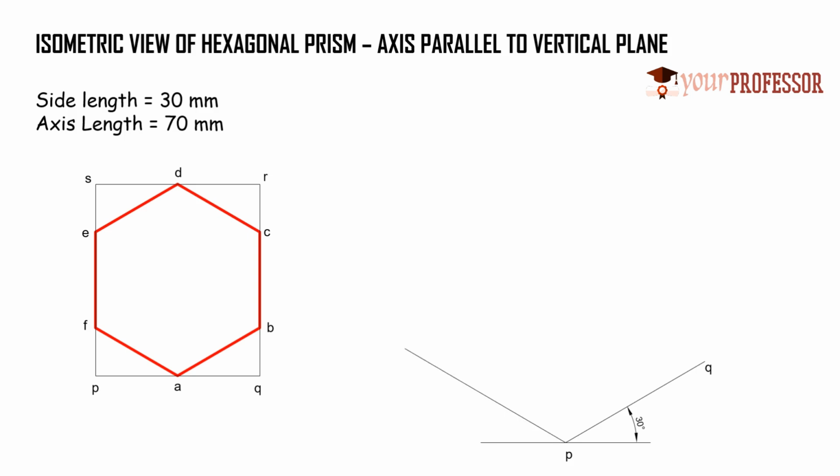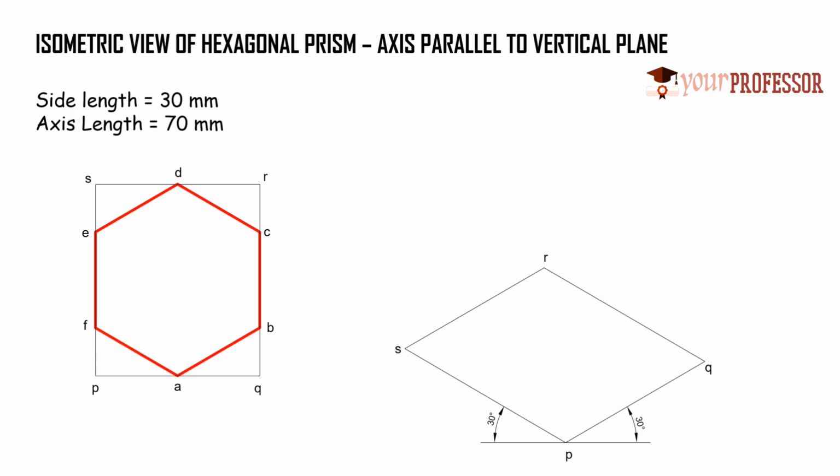Next, draw a 30 degrees inclined line from P to the left hand side as shown, which is of length PS, and it is making 30 degrees inclination with the horizontal as shown here. Now draw a line passing through Q and parallel to PS like that. Draw one more line passing through S and parallel to PQ like that. The intersection of those two will be the point R. So the representation of the rectangle in isometric view is over.